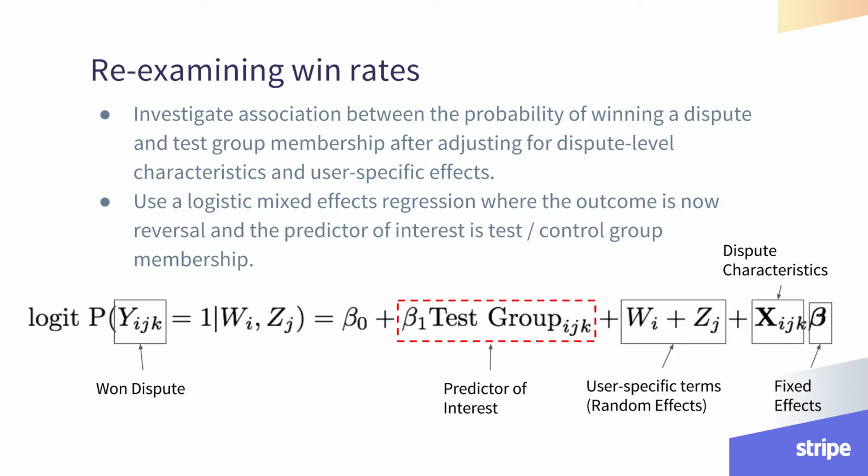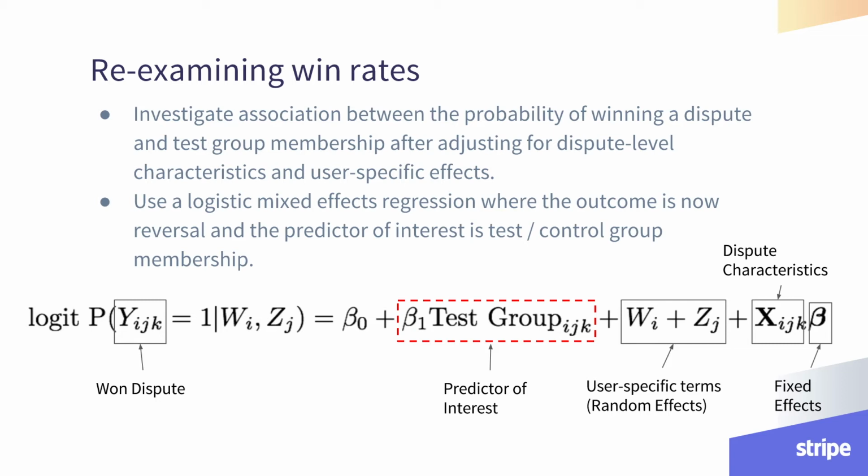Okay, so in this formulation, Y is our outcome, which is whether the dispute was won or lost. The test group is our predictor of interest, and we're particularly interested in the parameter beta 1, because that's going to measure the association between test group membership and the probability of winning a dispute. W and Z represent our user-specific terms. And then we have this vector X, which is our dispute characteristics like card type or the presence of a